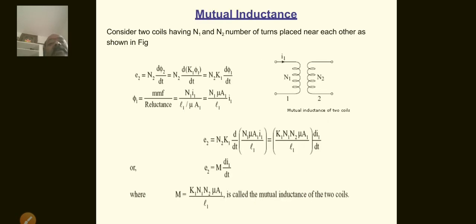So now phi has a linear relationship, so d phi by di can be written as phi by I. So therefore L is equal to n phi by I. So again you may take L is equal to mu n square A by L, which is equal to n square by L by mu A, that is equal to n square by reluctance. So reluctance is equal to what actually here? L by mu A. This is about the self inductance of the coil.